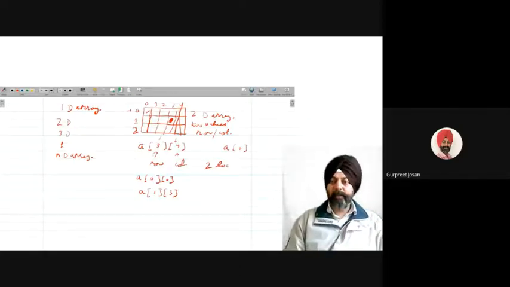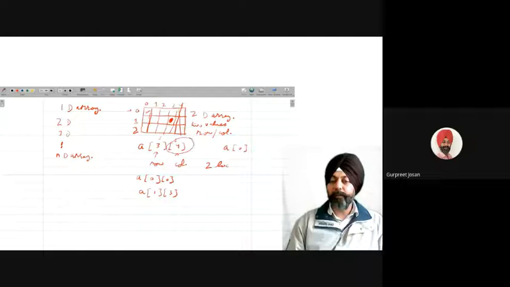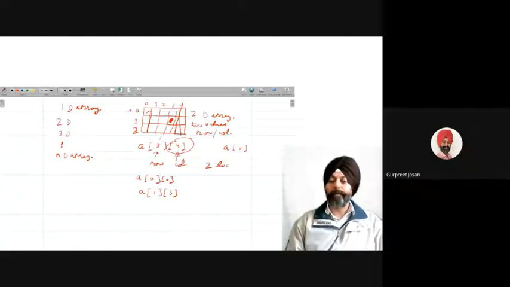Okay, so you are getting the two-dimensional array. In a two-dimensional array, we have to extend one dimension, which represents the column. The first dimension is for the row, the second dimension is for the column. To represent any location, we have to use both the row value and the column value.